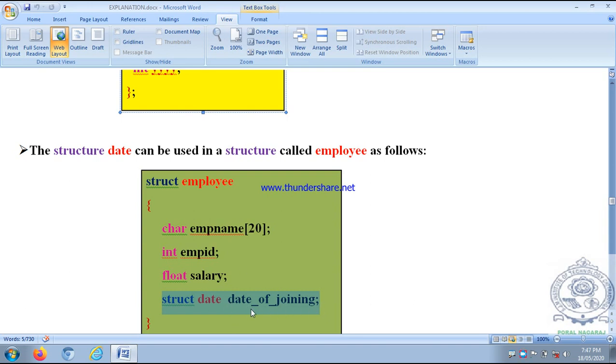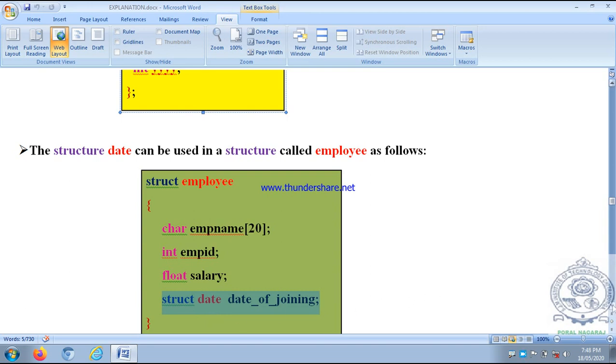So date of joining is a member of the employee structure. Date of joining is the fourth member or fourth field of the employee structure, whose data type is once again a date structure. I have already told you that a structure is a user defined data type.